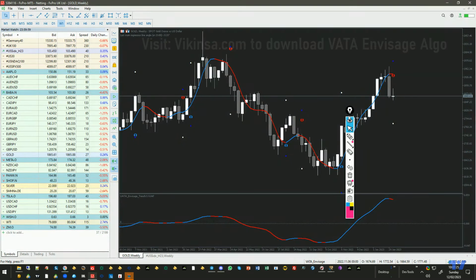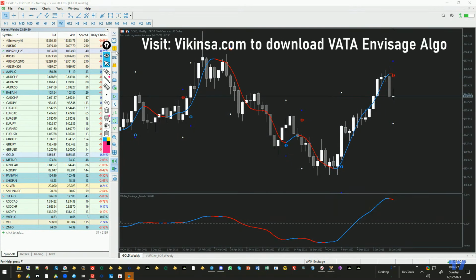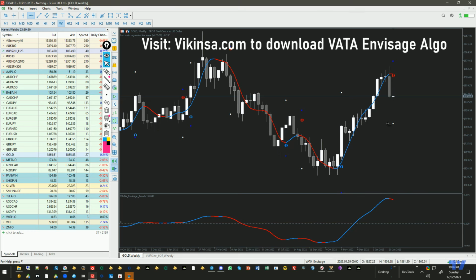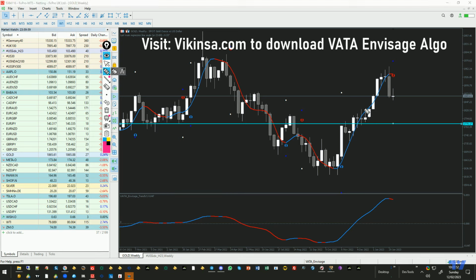Okay, now let's look at what I envisage. What I envisage is telling us that the market is turning bearish. I'm looking at the weekly time frame, by the way, and then we had an engulfing bar closing inside the water wave, and then we also have a signal here, okay, which is also telling that the market could go down. However, there can be a push up or down or consolidation, that's another matter. But the approximate target on the weekly time frame is going to be around here, that is 1778.